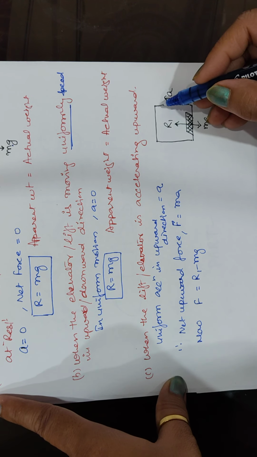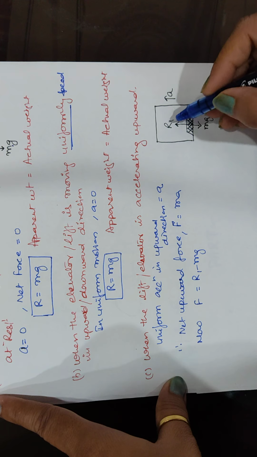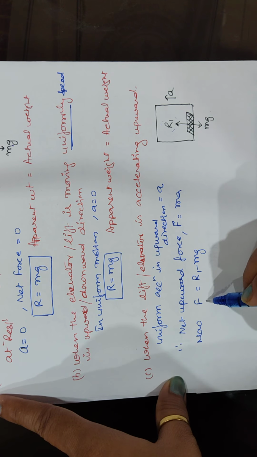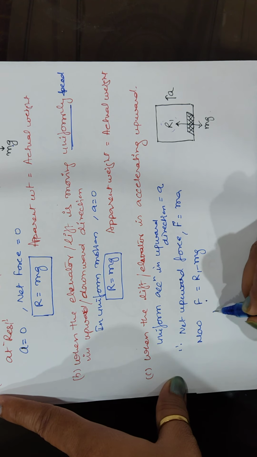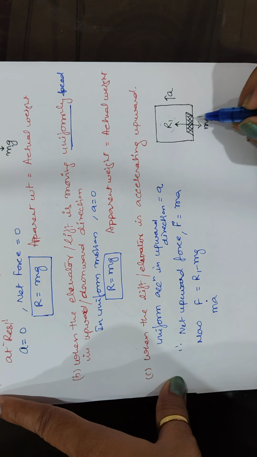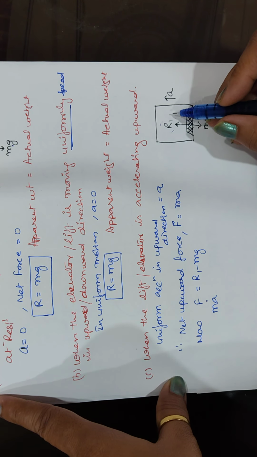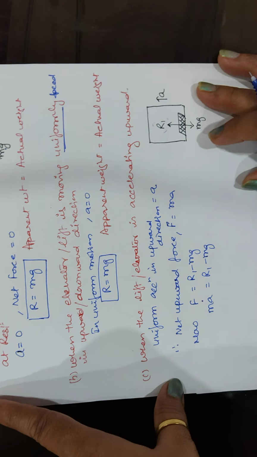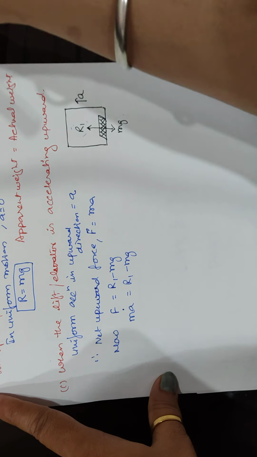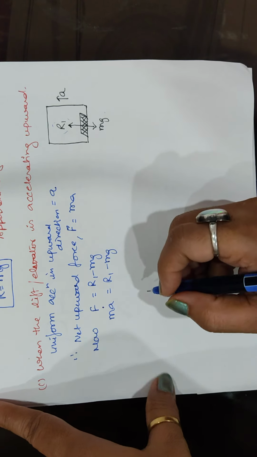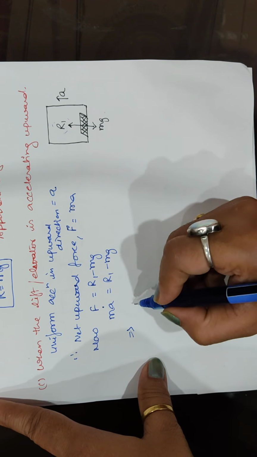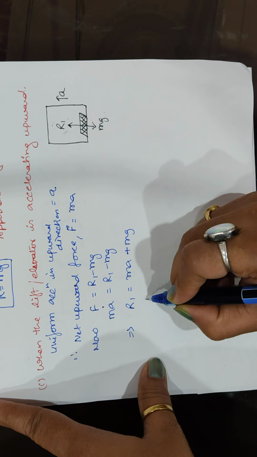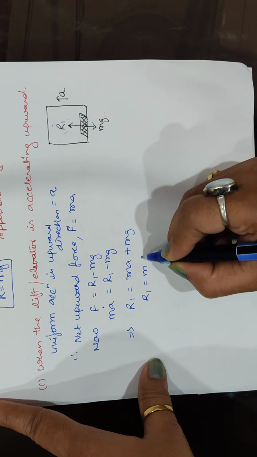Since the object is moving in upward direction, the force is acting in this direction, that means R1 is greater than mg. तो किस amount से greater होगा, that is equal to F. Now replace the value F is equal to ma, because mass and the acceleration which is produced by it, and you can write R1 minus mg is equal to ma, or you can write R1 is equal to ma plus mg, and we can say that R1 is equal to m(g plus a).